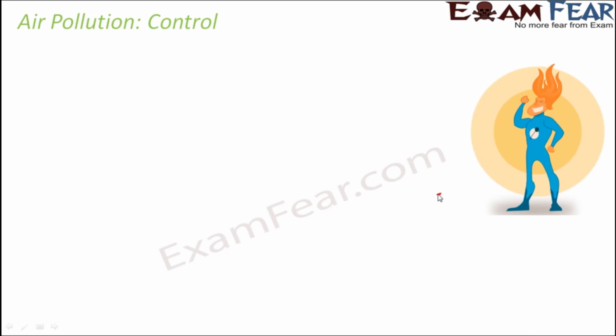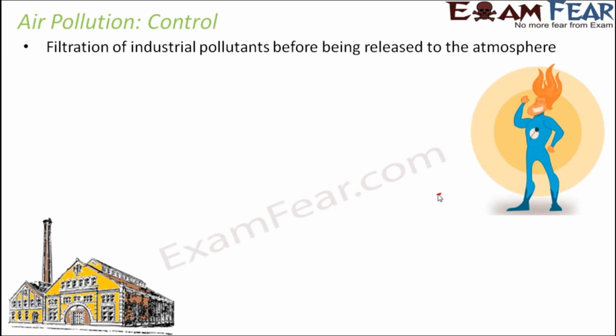So now that we know the causes of air pollution and also its harmful effects, we should definitely try to take some steps to control air pollution. So let's see what we can do to control air pollution. First of all, filtration of industrial pollutants before being released to the atmosphere. As we see, the emission from industries and factories is a major cause of polluting the air. So even before the harmful substances get released from the industries, we can filter them